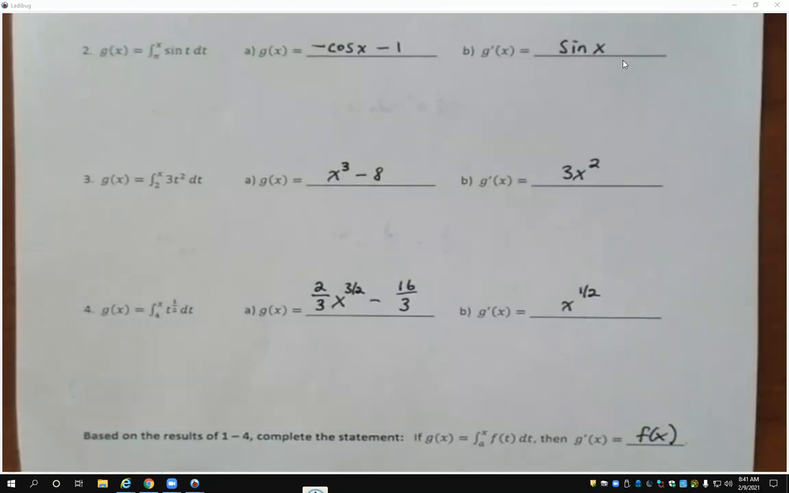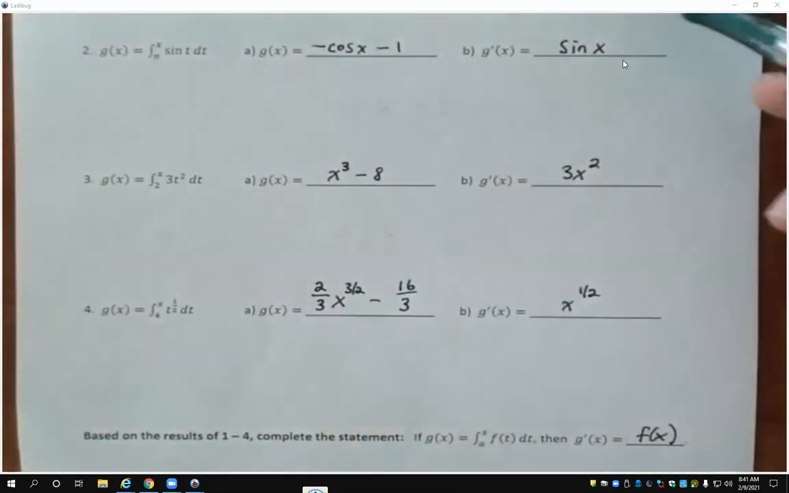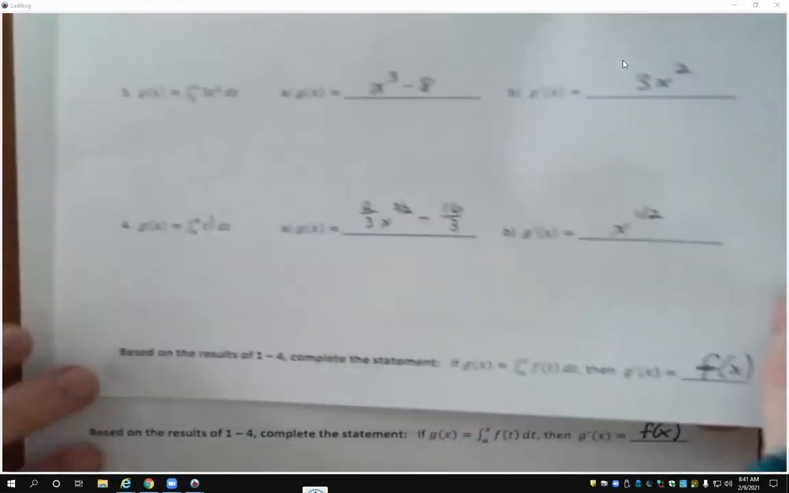All right, does anybody have any questions on how I found g of x, or then how I found the derivative of g of x? Can you do number 4? Yes. All right, so number 4